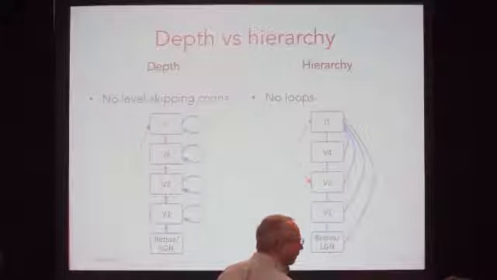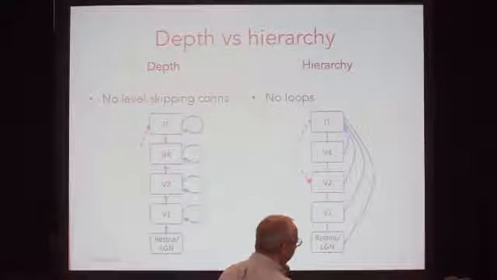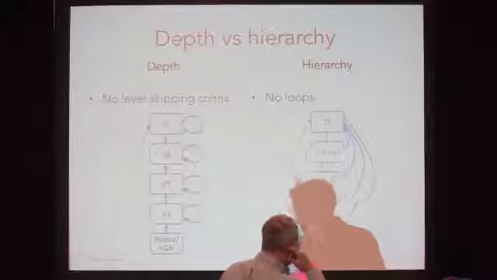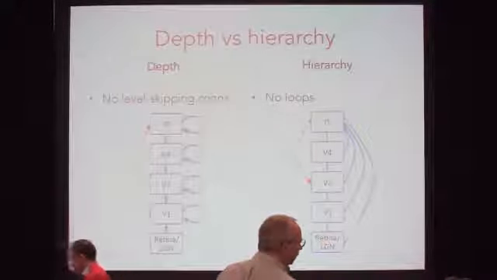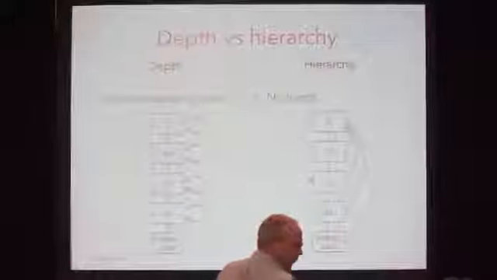Why don't you like level skipping? I don't like it or dislike it. I just think that in the brain, as an empirical matter, it looks like you don't have too much level skipping. So in the Felleman and Van Essen diagram, you do have level skipping, but the average number of levels you skip is only about 1.8. So it seems like there still is really this serial structure.